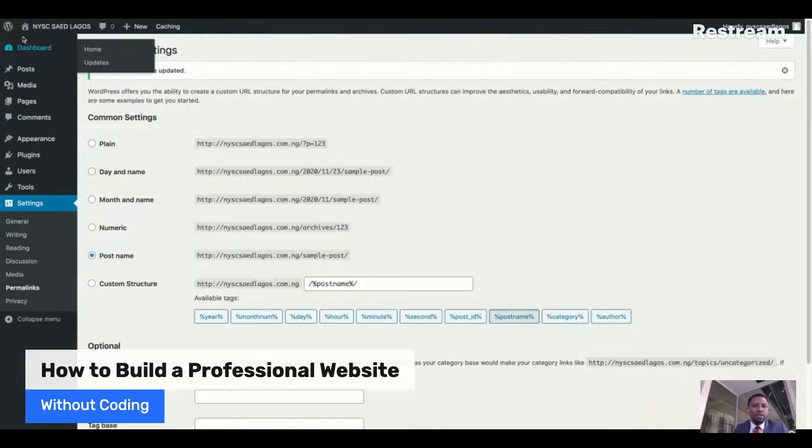Okay, so let's quickly come to the side. We have the dashboard. Your dashboard is basically where you have all the controls for your WordPress. Posts are for those who want to blog. So every time you want to put up a blog post, this is where you go. When you click on posts, for instance,